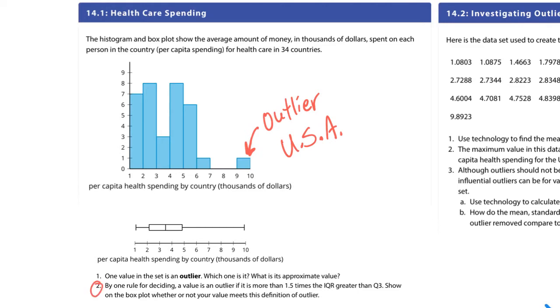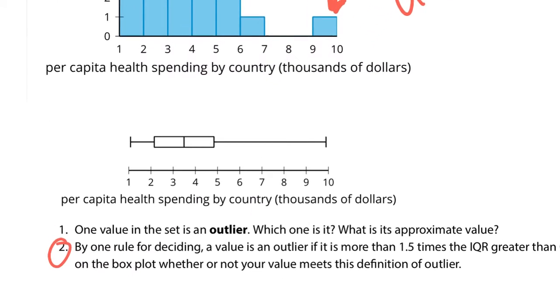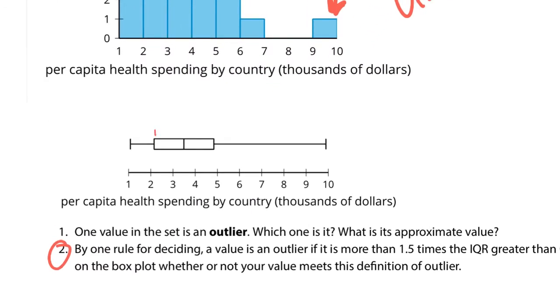By one rule, a value is an outlier if it is more than 1.5 times the IQR, which is interquartile range, greater than quartile 3. Now this is very wordy, so here we go. We're going to be looking at the box plot for this specifically because the IQR can be found right here. And we kind of have to do a little estimating here. We notice that it's going to be a little bit less than 3, so we're going to call the IQR